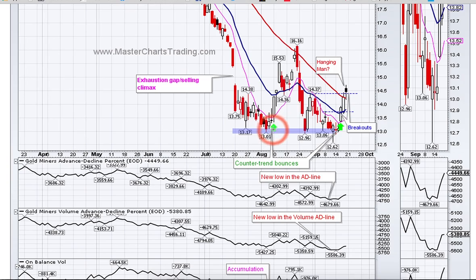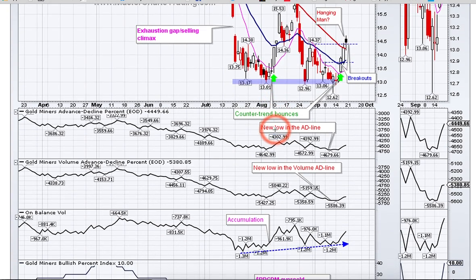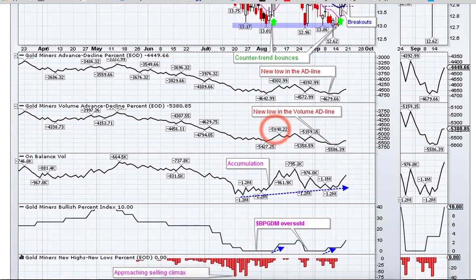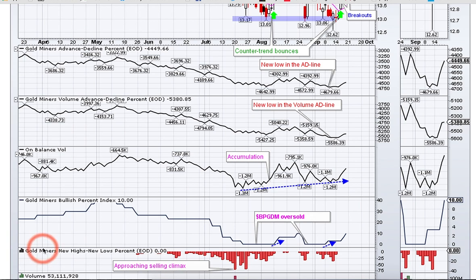Now this counter trend rally I mentioned in one of my previous videos. One of the better indicators for me, at the very least, is the gold bullish percent index. So at this point of the game right here, this bullish percent index was at 0. In other words, it cannot really go any lower. It goes from 0 to 100. What this means is that 0% of stocks within the index GDX were on a point and figure buy signal.